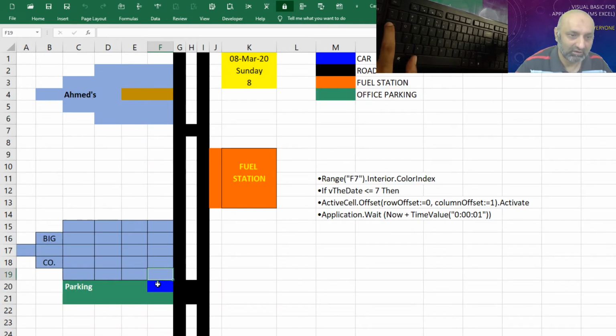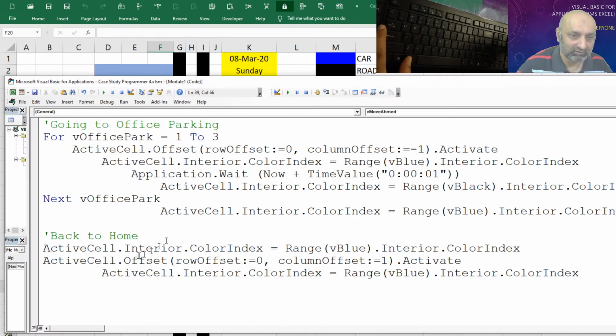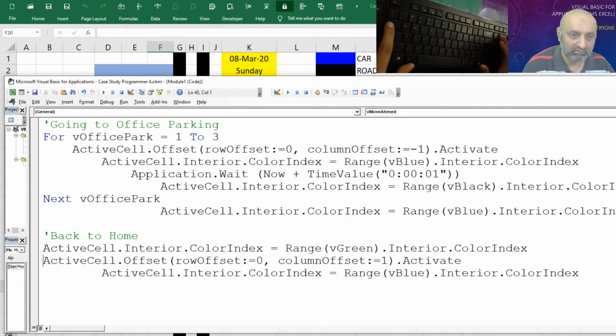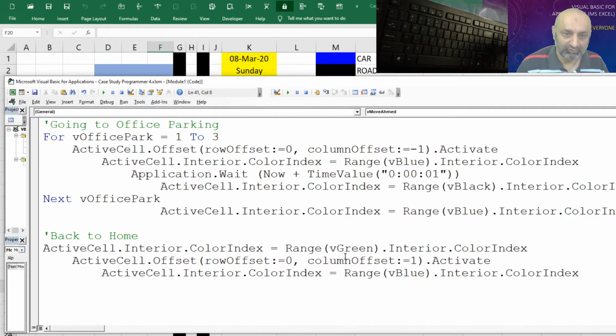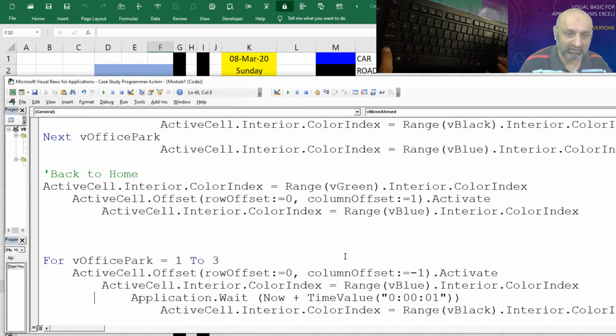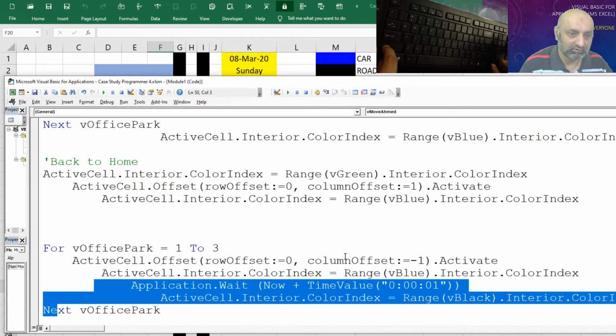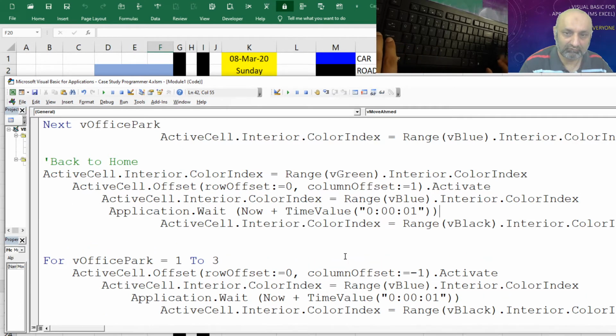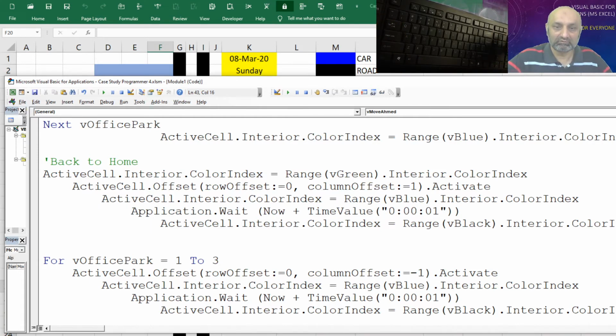This should be F20, it should be green. So active color should be green, one step to the right, and then it should be blue. And once we have blue, we have to wait for 1 second and turn that road back to black. So we have our wait and then turn it back to black.